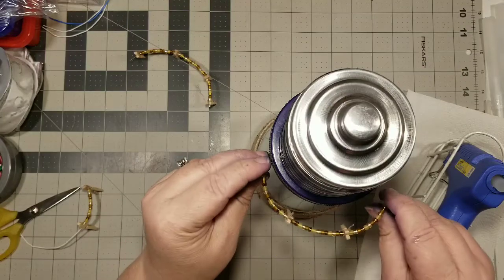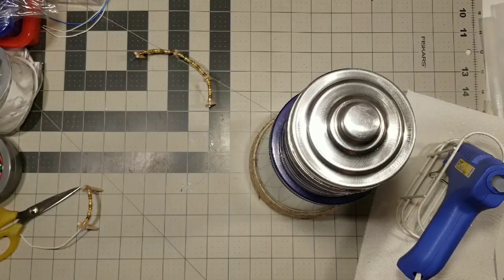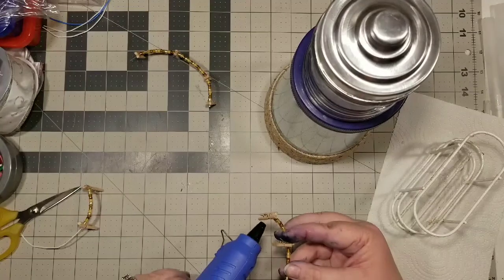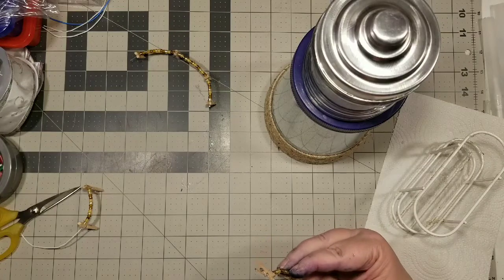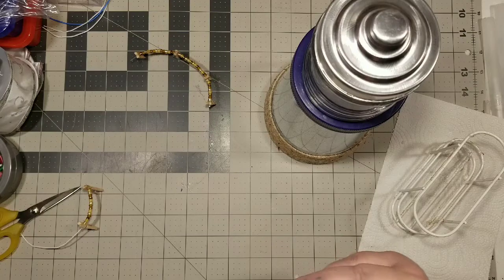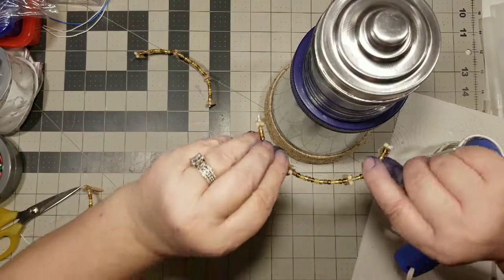So my idea is to have like a little walkway. So let's just get some glue on these. I'm not sure. I think I'm just going to go part way up here on all four. Okay, let's see what we can do with this. I keep twisting in my hands because of the